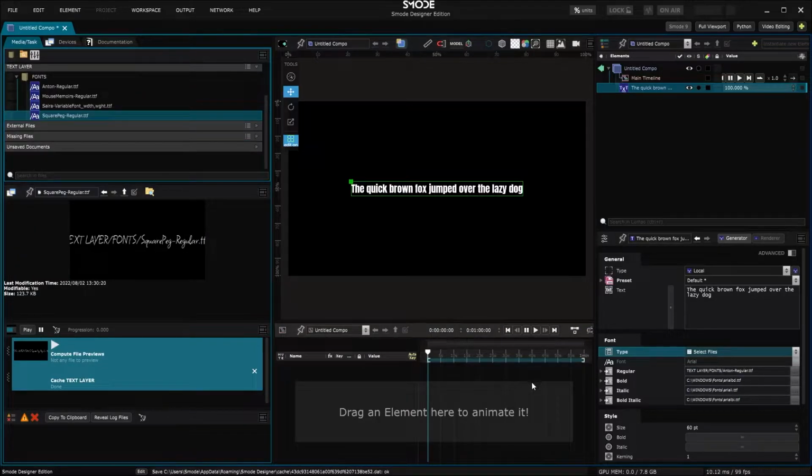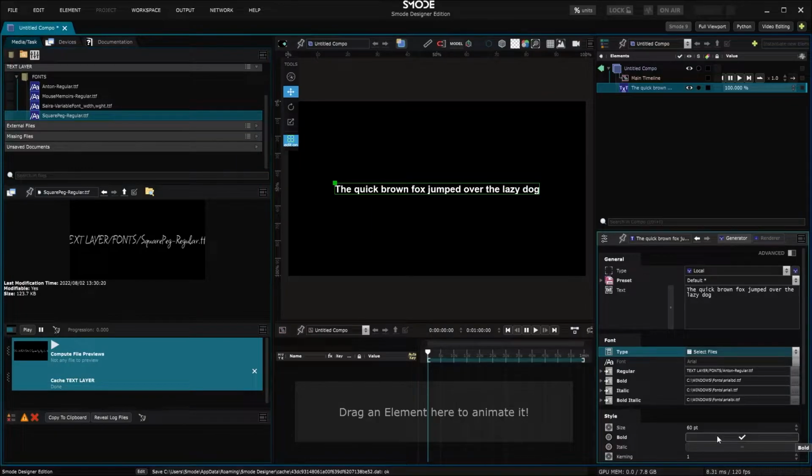As you can see below, 4 different paths are displayed. One for the regular, one for bold, one for italic, and the last one for bold italic. It means that if your text needs to be bold, the font used will be the one filled by the bold option. Here my regular font is this one, but if I check the bold option, the text loads another